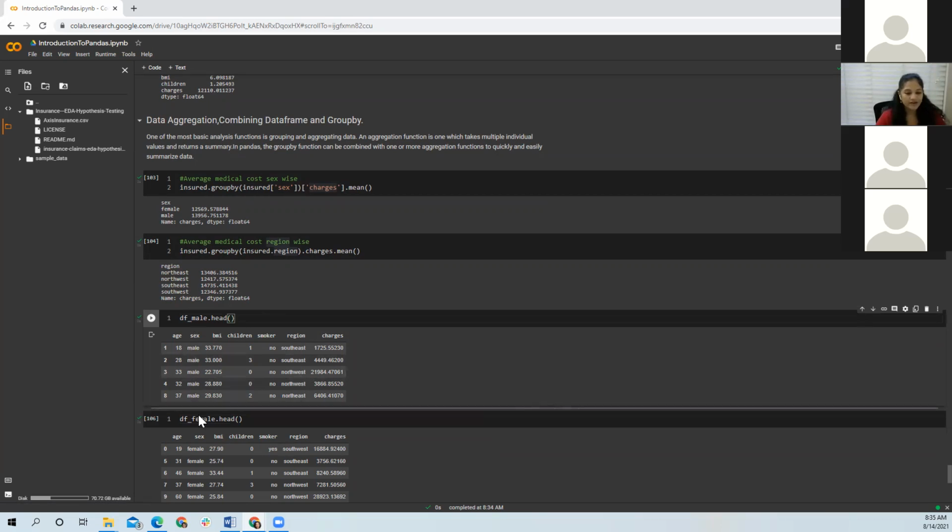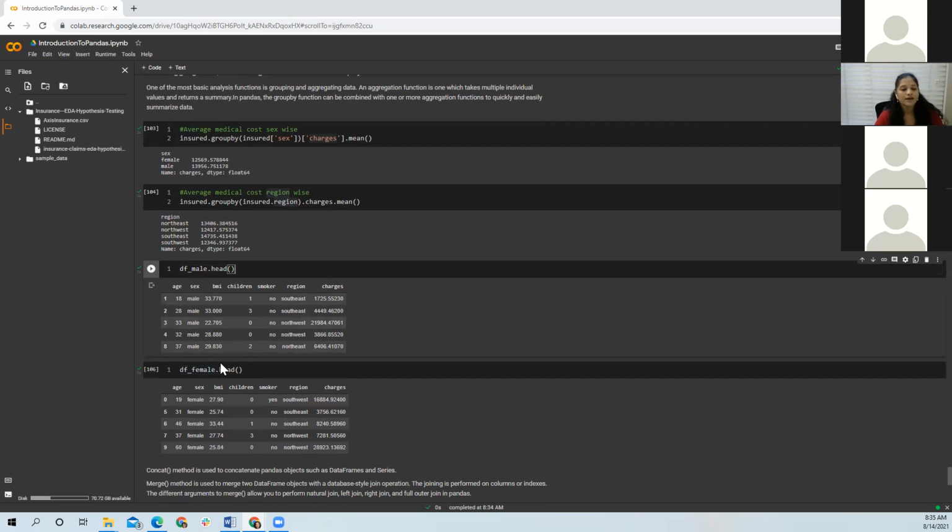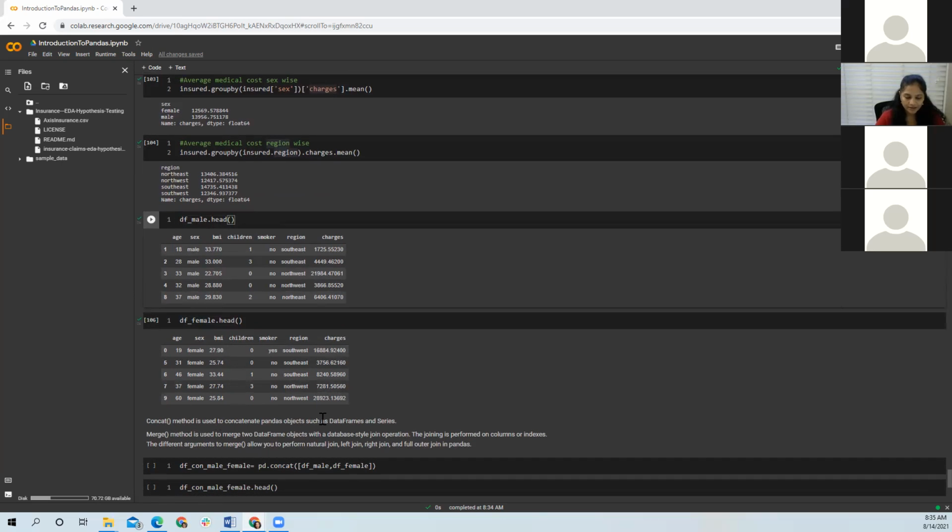We had two different data frames, male and female. What if I want to concatenate them back and make it one data set again? I can do that by using the concatenate method. We also have something called merge. This merge is similar to the SQL operations where you join two tables, using outer join or inner join.